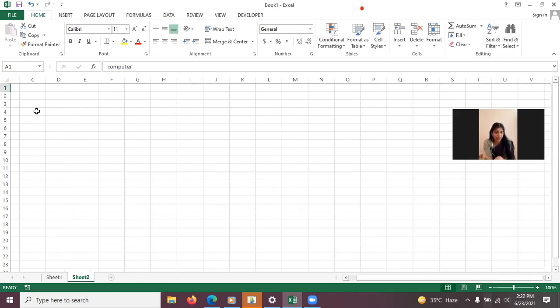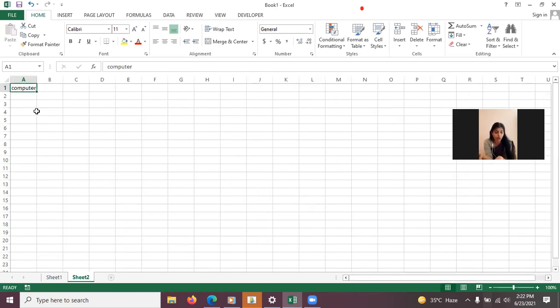Similarly, we have entering data in the cell. How do we enter data in the cell? Like if I'm writing something in the cell, now here you can see in the formula bar, this cross and tick mark, two buttons are there. Cross is called as cancel button and tick mark is called as enter button. Right now it is gray in color, it is not in working mode. When I will write something in the cell, then it will be shown properly and we will be able to use them properly. Just write something, beta.